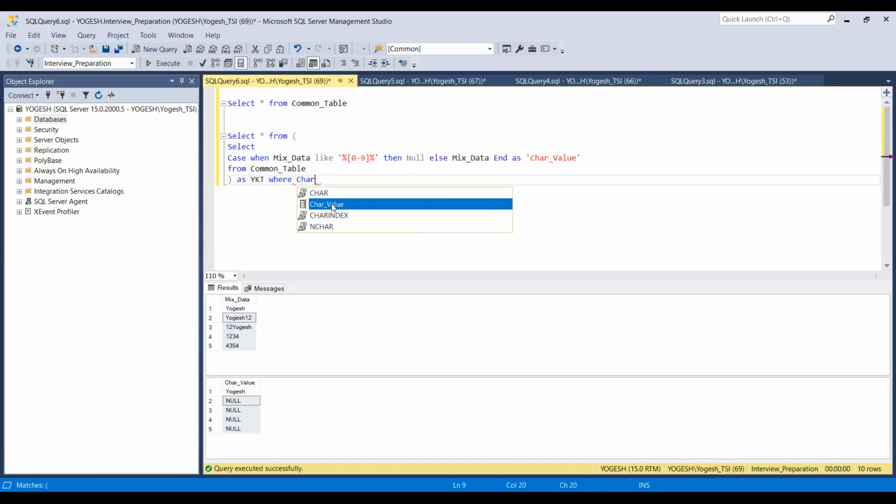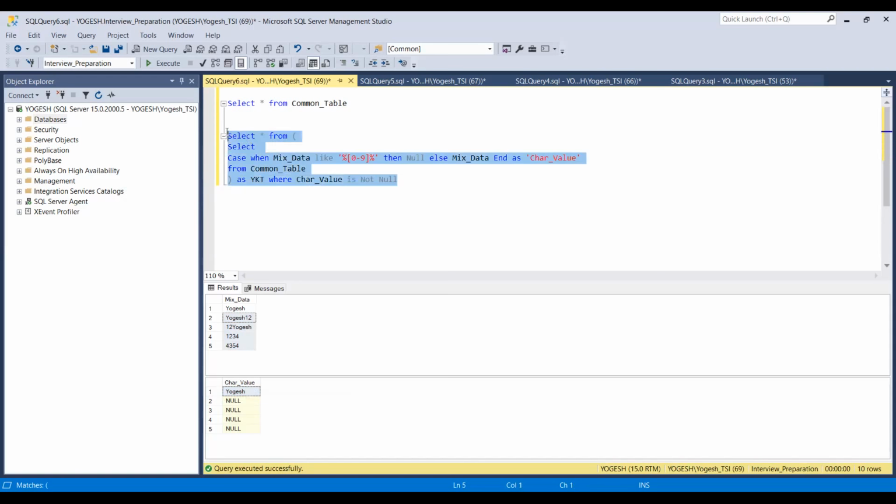I want to ignore those nulls, so char value is not null. Then it will return you the pure char value.